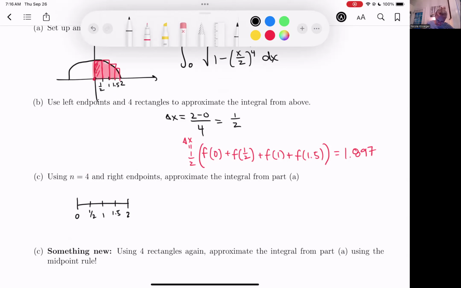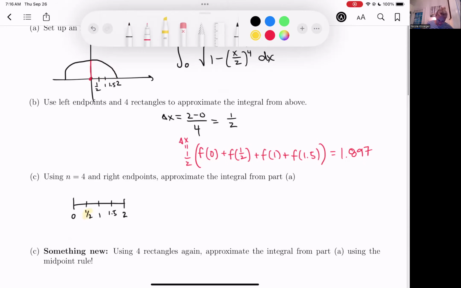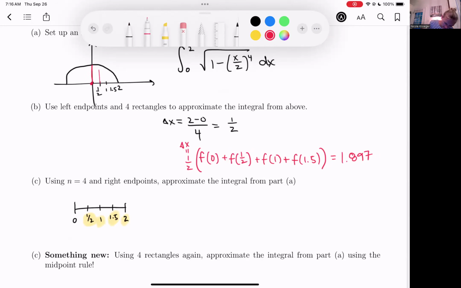The only thing that changes now is that we use the right endpoints instead of the left endpoints. So the endpoints that I'm going to use now are 1/2, because that's the right of the interval from 0 to 1/2, then 1, 1.5, and 2. So when I draw those rectangles, I go up to 1/2, over and down, up to 1, over and down,